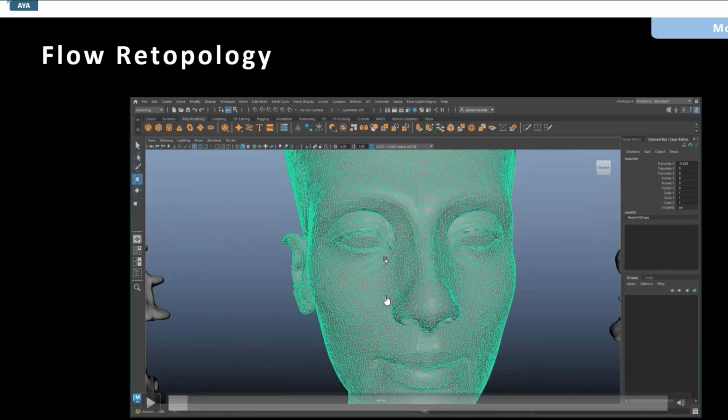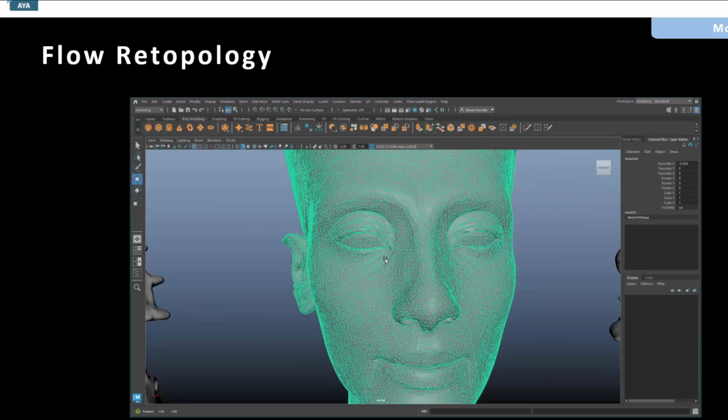But in the new Flow Retopology, some features are easier right now. All the process you can see inside Flow, there is a log file, you can cancel, and even if you want to change the options, you can set everything inside Flow Retopology. This is some improvement I see starting in 2024, 2025.